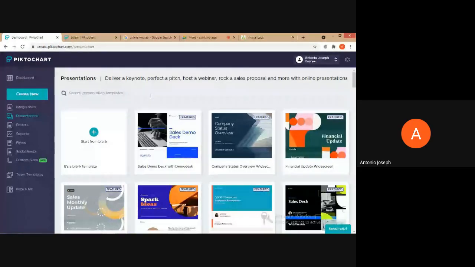So the assignment is that you can use PictoChart or Canva to create a poster. Okay, so the content is up to you. You can use your own creativity and the topic that you like. Just use these things and create a poster, and then use this GoDaddy website builder and create a blog based on that particular content. Okay, so you can upload an image, then create a write-up and create a blog. Okay, and please send the link to me.